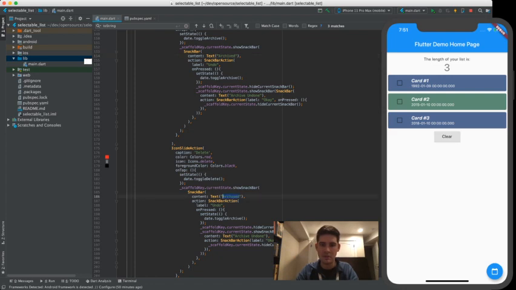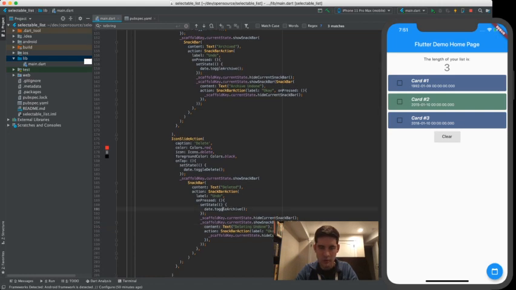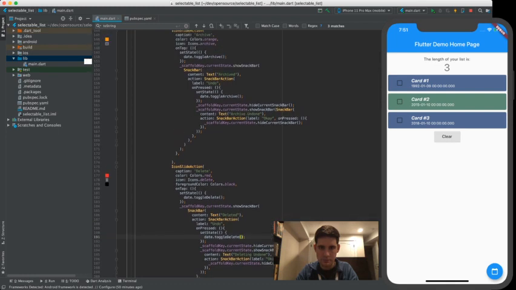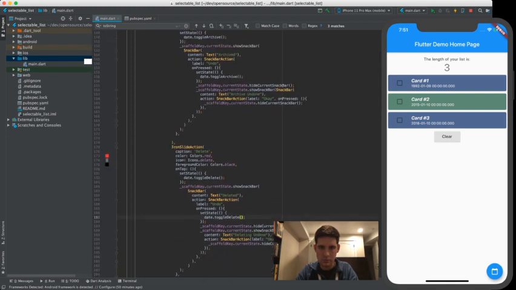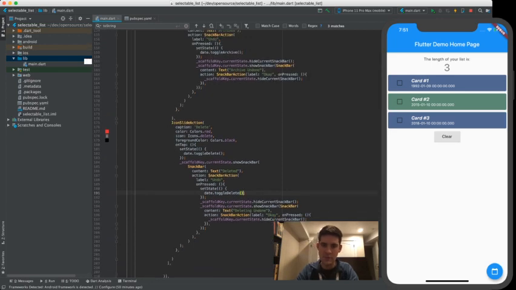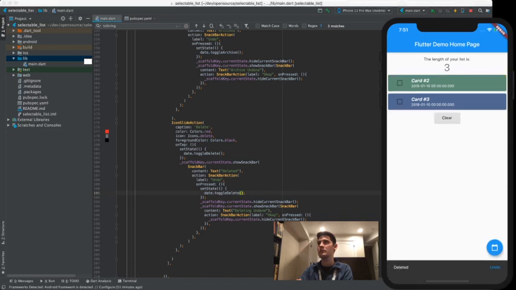We're just going to say deleted, delete undone. And instead of toggle archive, we're going to toggle delete. And that should be it. Okay, let's just check that, make sure it works. Delete, deleted, undo, delete undone. Great. So we can archive, we can delete, and if we want to show,